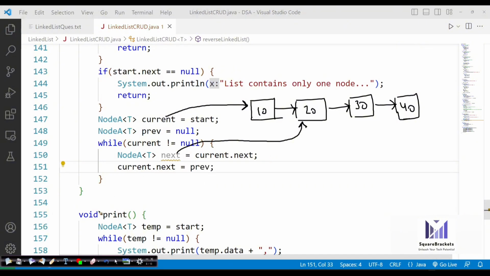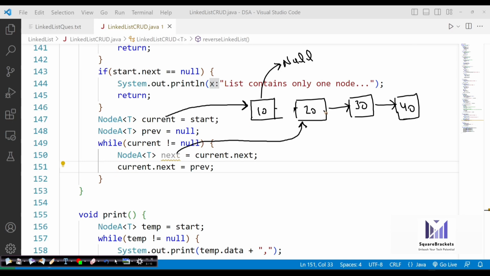So what this code is going to do, current.next = previous, means now 10 will not refer to 20. So we have simply removed the reference of 10.next. So this reference is broken now. Okay. Now 10 refers to what? 10 refers to previous. Who is previous? Null. 10 refers to null because previous is initially null. So I hope this line is also clear. These two lines are clear to you.